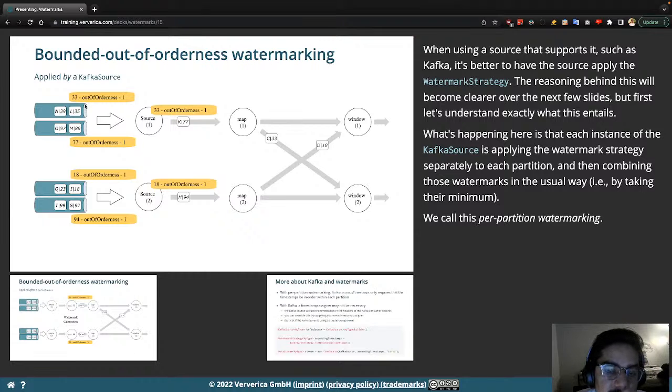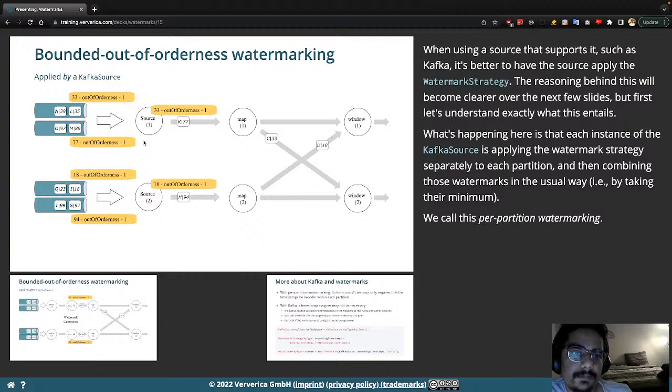We are using the propagation of watermark from each of these two partitions, and we are just maintaining a state of the minimum of those watermarks that we are seeing. Whenever this watermark changes, we include those into the stream. So this source is taking a decision, each node takes a decision, there is no intermediate, so this is faster. I think this is more optimized. I haven't used it, but it seems more optimized. There is no intermediate state we need to maintain,